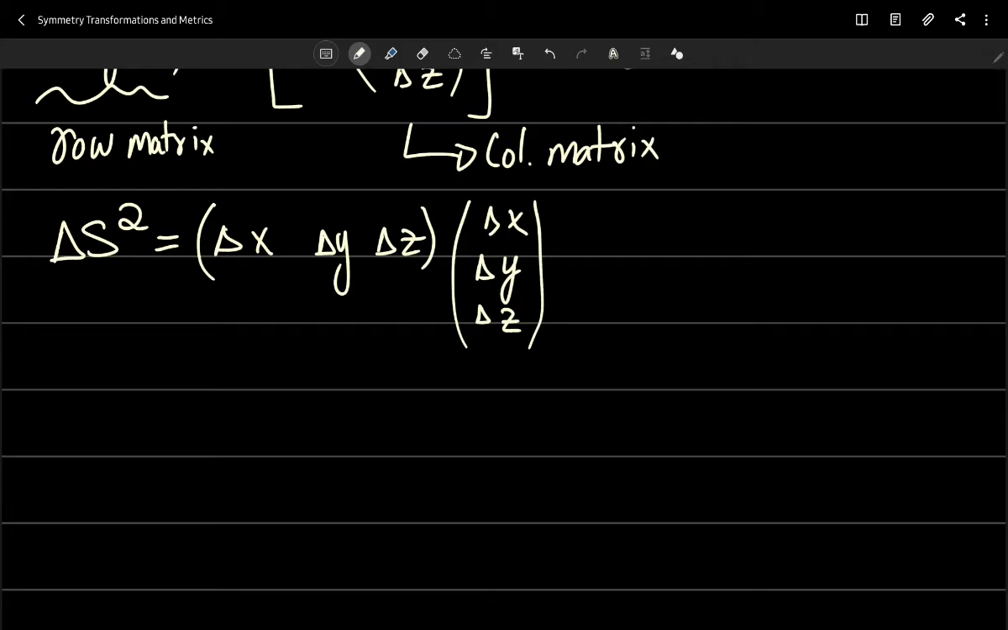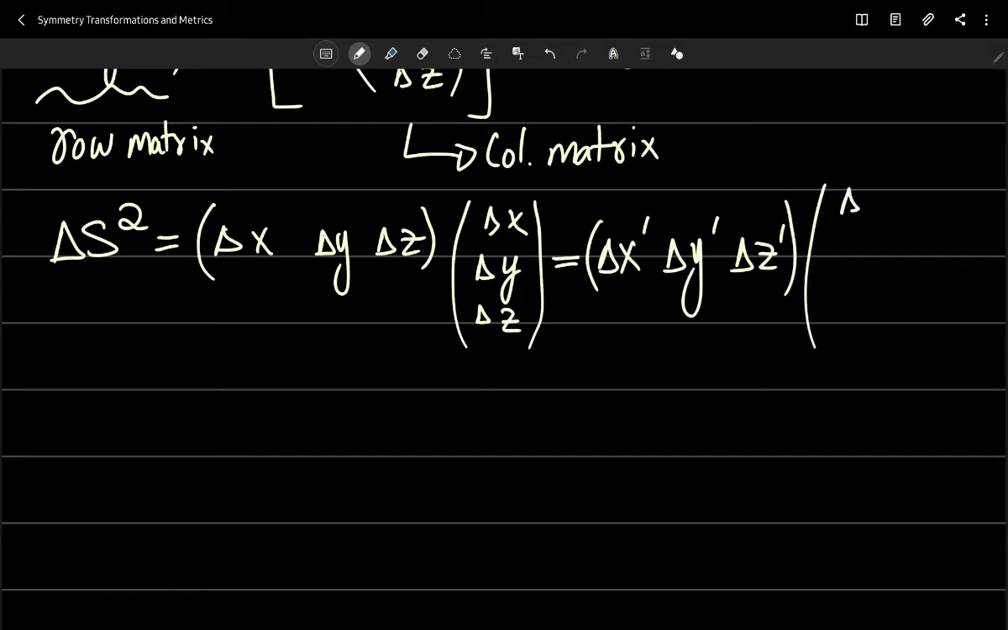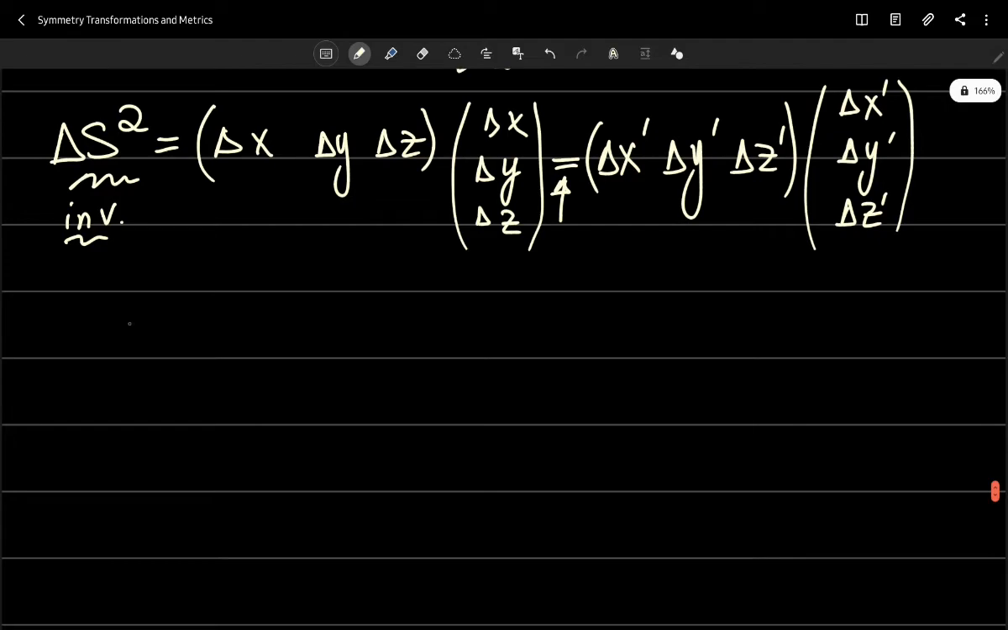This is it. It transforms as, or is equal to, delta x prime, delta y prime, delta z prime times delta x prime, delta y prime, delta z prime. And note that I use this equal to sign because this thing over here has to be invariant, right? So we are just using this condition, and now what we will see is that this thing over here is